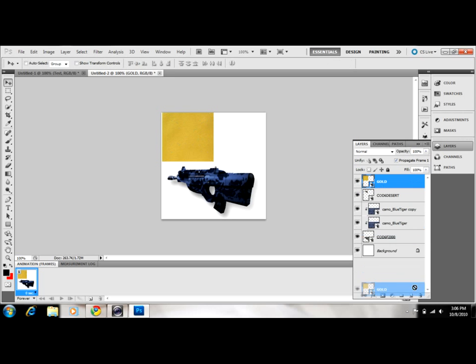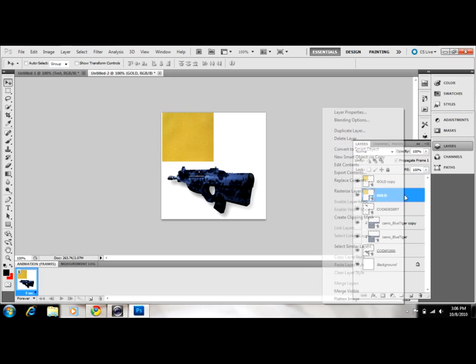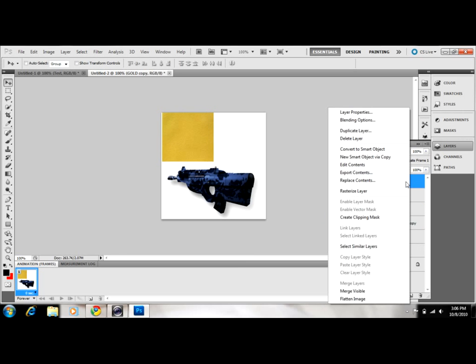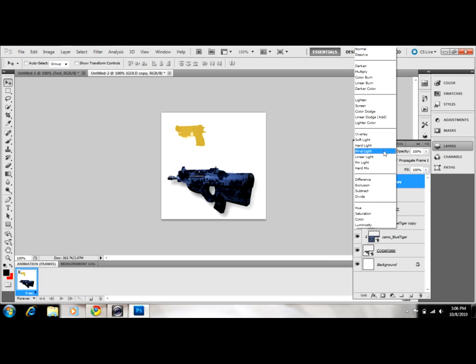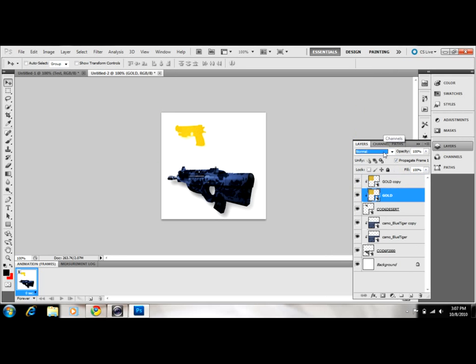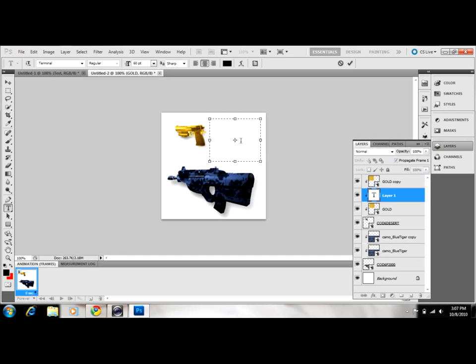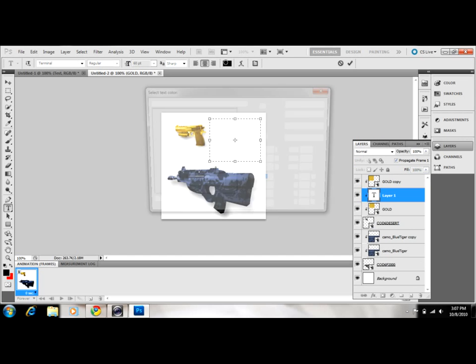And remember, we have to make a duplicate copy of the gold. You're going to right click, create clipping mask on both, and then on both you want to hit overlay, and that is going to give you a gold Desert Eagle. And now I did say that I would show you another way to create, or it'll show you how to create,